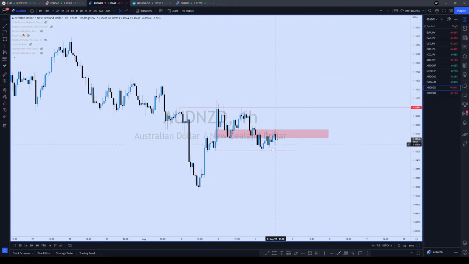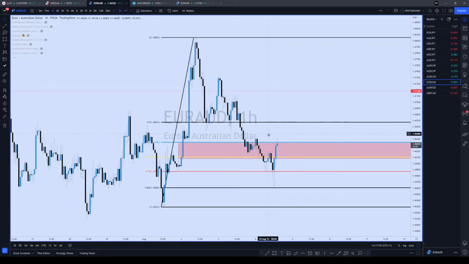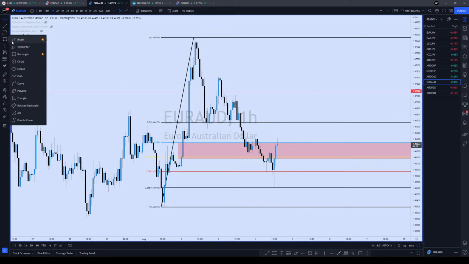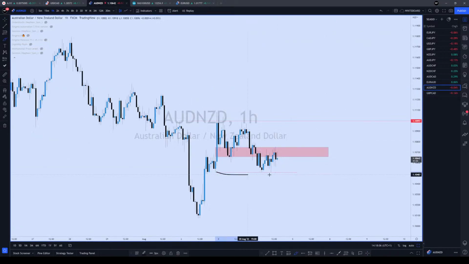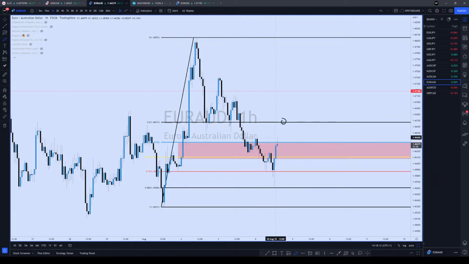Okay, so if they do take out this low, I'm gonna leave a lot of my position on, provided that we will get here. So by the time we get to that level, if this has taken out this low, I'm gonna take a small position off on this trade, and then I'll let the rest go, because that will spell weakness for Aussie.